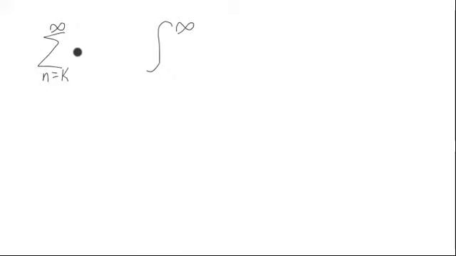Something else that we need is to realize in this comparison that we are only going to be comparing things when the terms in here are positive, and if they're not, take absolute values. And the function in here is also going to be a positive function, greater than or equal to 0. So positive in both cases. So really, we're going to be considering the convergence or divergence of the series if everything is taken to be positive, and if they're not, take absolute values.